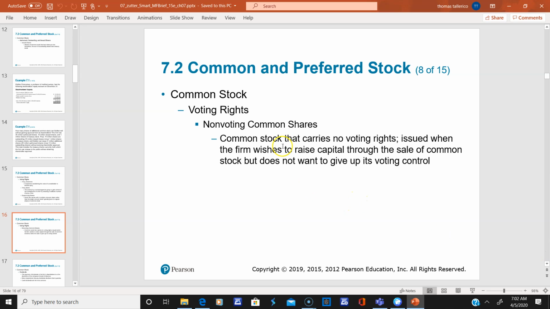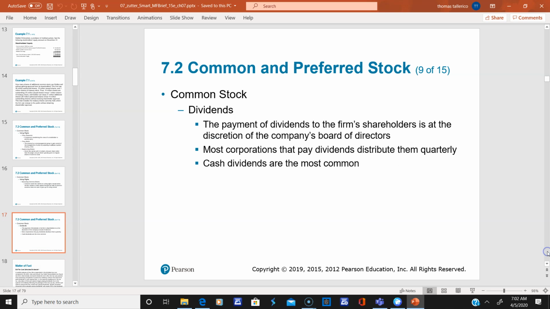And there are shares that are non-voting, and sometimes you'll end up with shares that have no voting rights. And a lot of times you may get a little larger dividend because they'll raise capital through the sale, but they don't want to give up voting control. And you may get a little larger dividend with that, but it doesn't really seem to matter a lot of times anyway, as I've learned in life about the voting portion. You vote on the board of directors, but most people don't, and they end up getting in anyway.